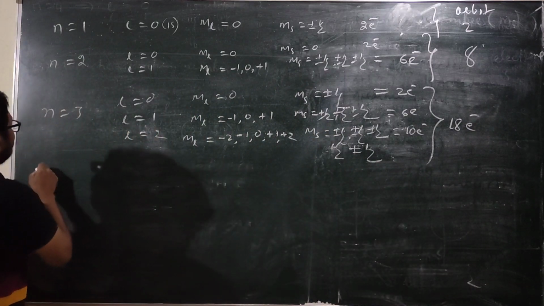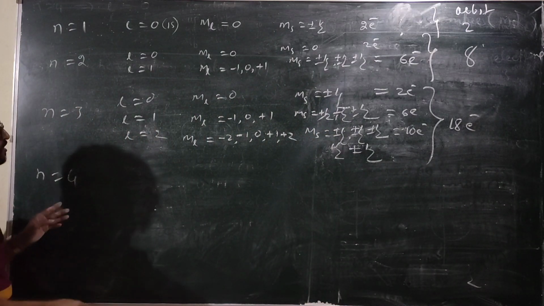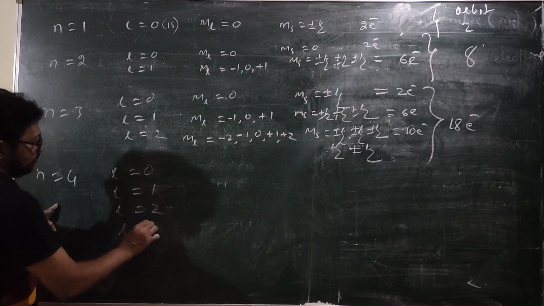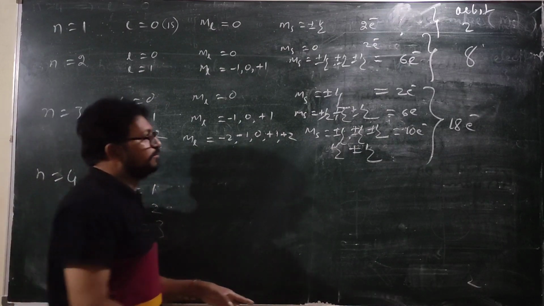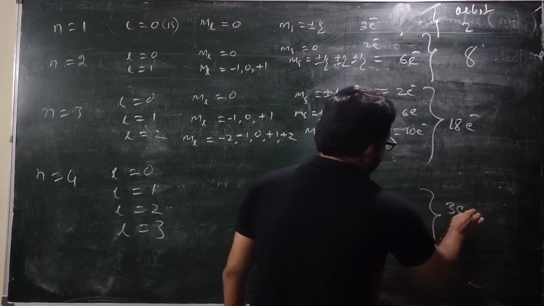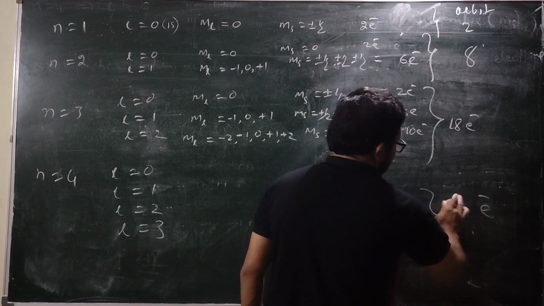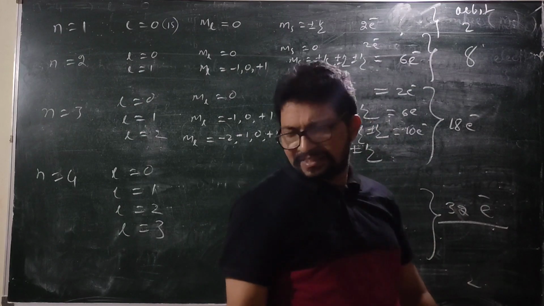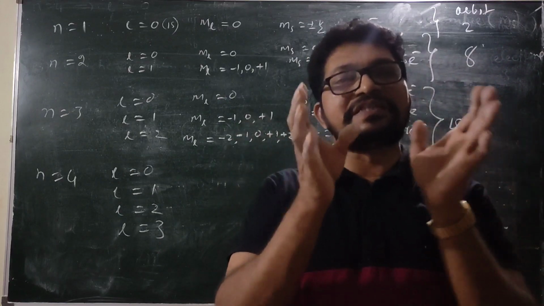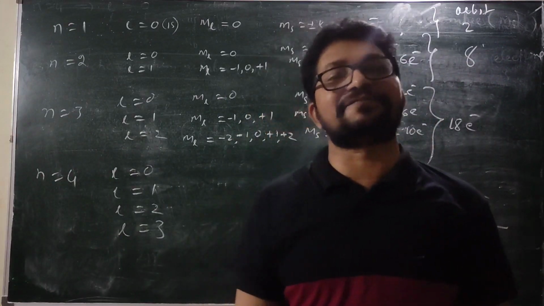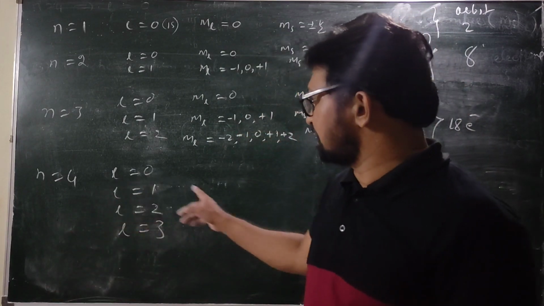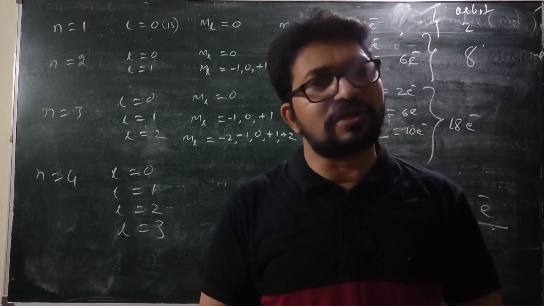The last one I will give you as homework: l equal to 0, l equal to 1, l equal to 2, l equal to 3. Proceed, and how many will you get at the end? Do you know? 32 electrons you will get. So with this, the entire quantum number description of all the electrons is defined. Some rules related to these quantum numbers we will discuss in tomorrow's class. Thank you.